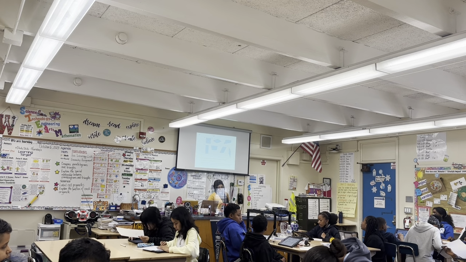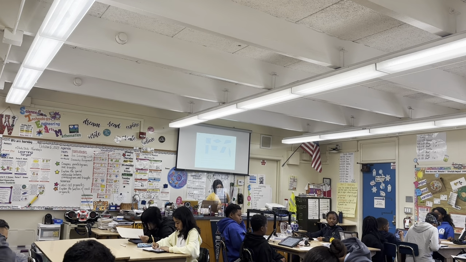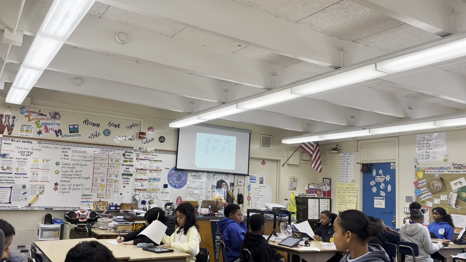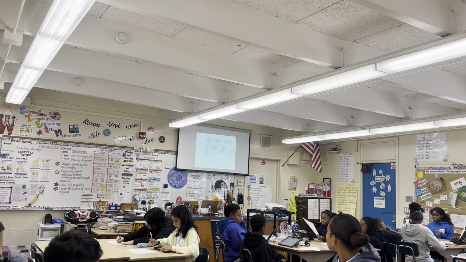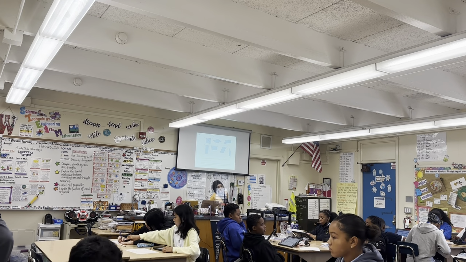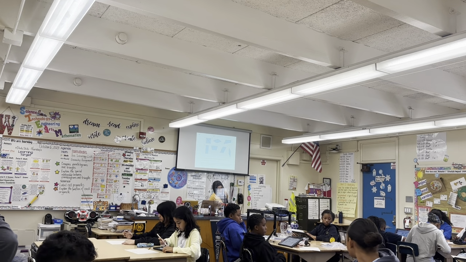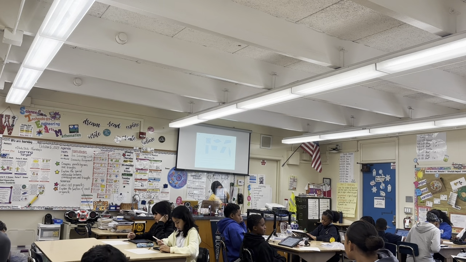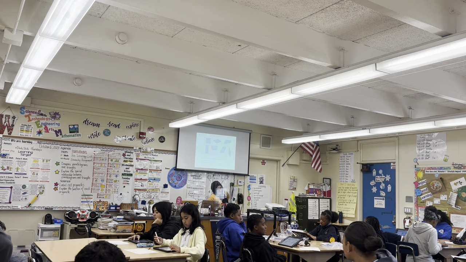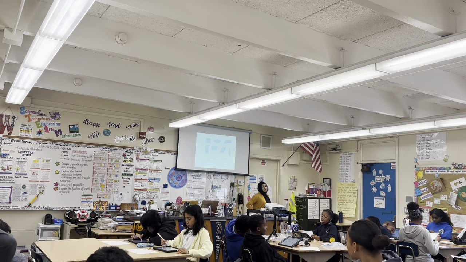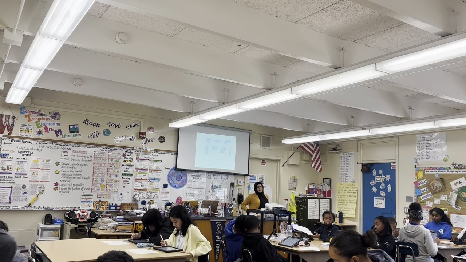A, B, D. Okay, so does anybody have a different answer? Yes. What do you have? I have A, B, D, E, F, G. Leah, what do you got? So why is it A, B, D,